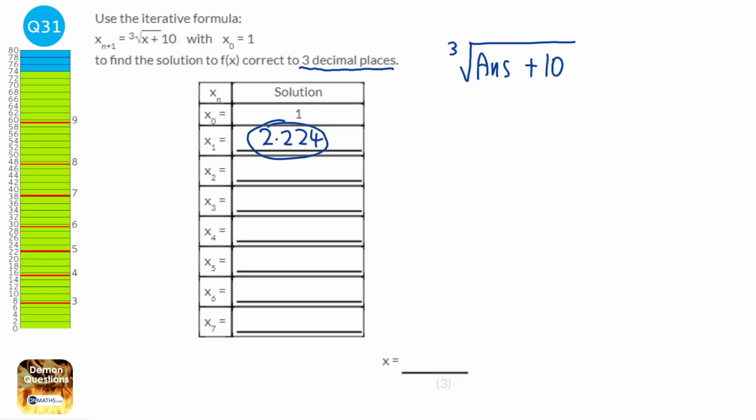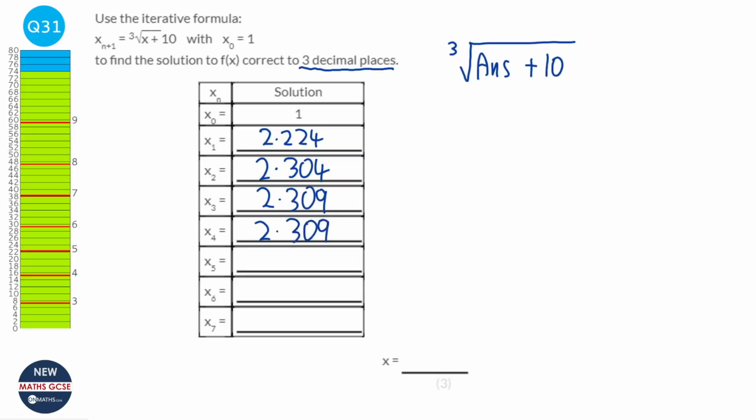use the 2.223980091, etc. as the answer. So I'm going to press equals again, and lo and behold, I get 2.304. Press equals again, 2.309, equals again,